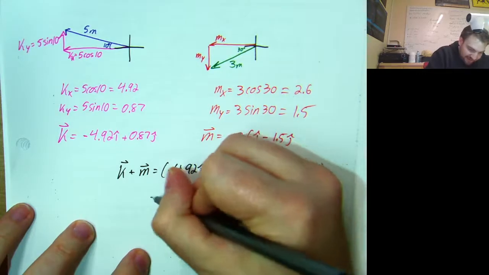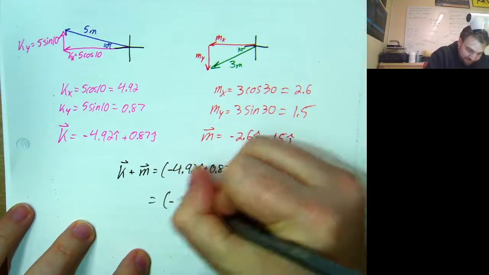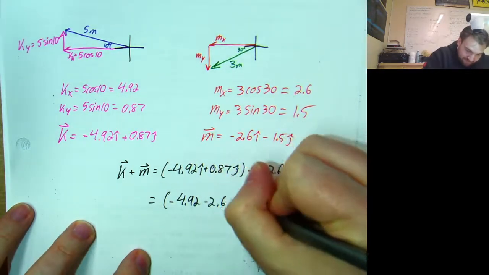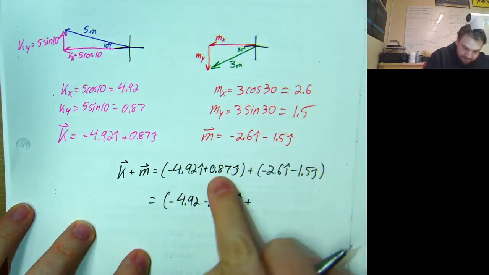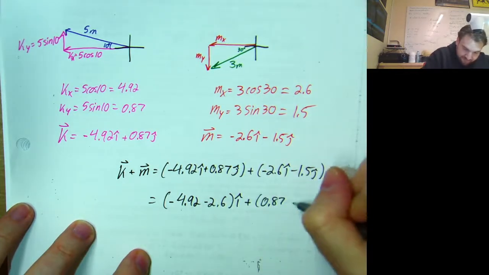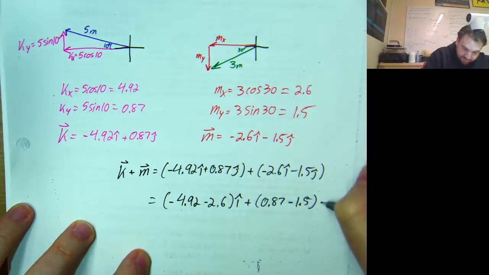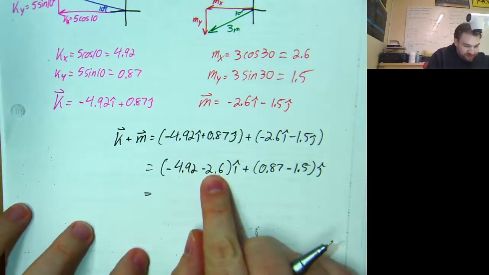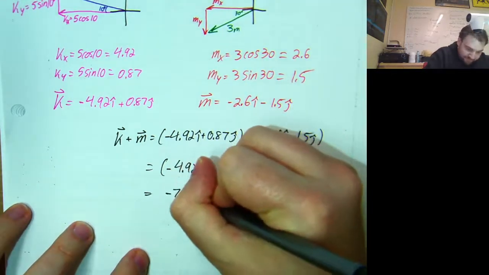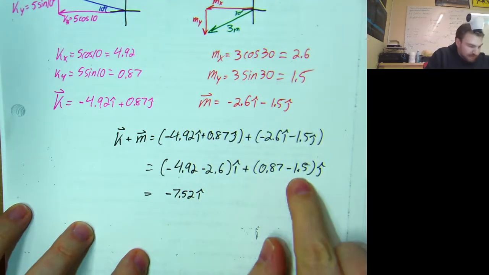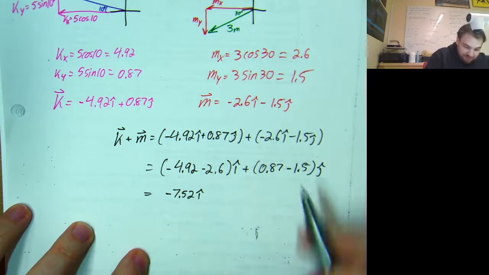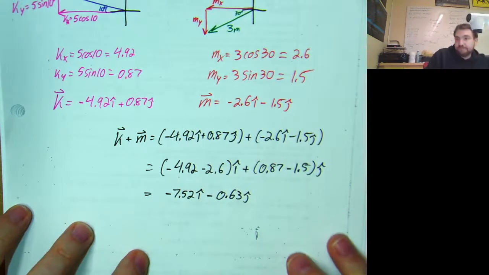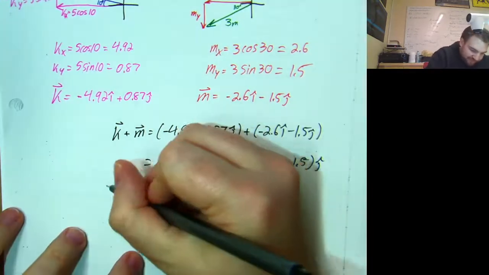I can rewrite this thing, grouping my like terms here: negative 4.92 plus negative, so minus 2.6, that's going to be i hat, plus 0.87 minus 1.5 j hat. Negative 4.92 minus 2.6 is negative 7.52 i hat. 0.87 minus 1.5 is negative 0.63, so I can just write that as minus 0.63 j hat. So that's K plus M